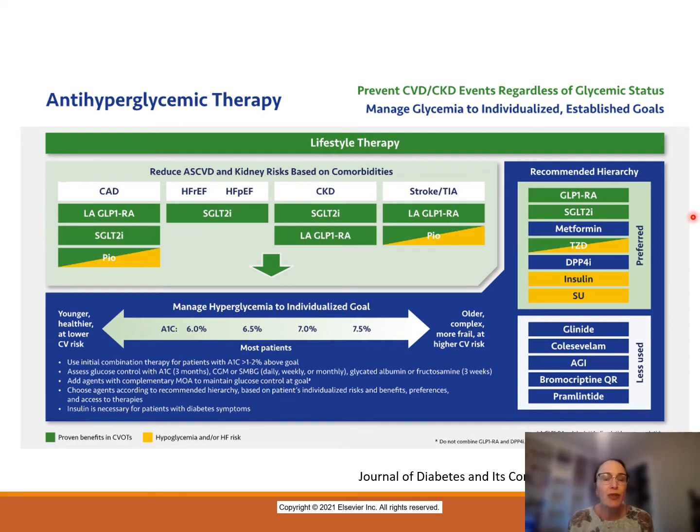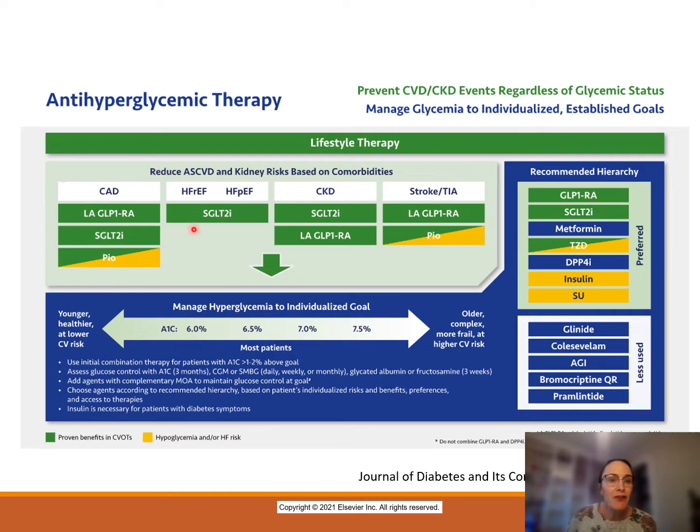anti-hyperglycemic therapy. So with any diabetic, the first thing you want to do is implement lifestyle therapy, as you see right here. The next thing you want to do is look to see, does your patient have anything in these categories that you want to reduce? So if your patient has coronary artery disease, you should be looking at a long-acting GLP-1 receptor agonist as your first drug of choice, even before metformin in some of these patients. And then look at an SGLT2, because if you look, these drugs in green, they have proven benefits in cardiovascular